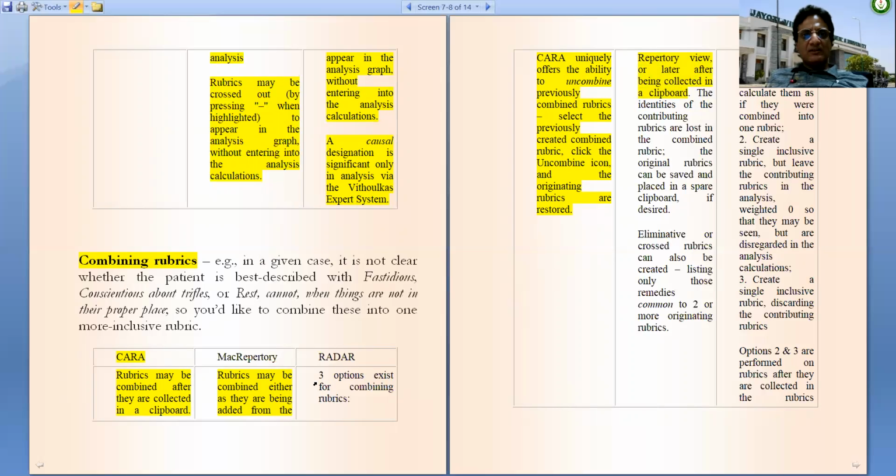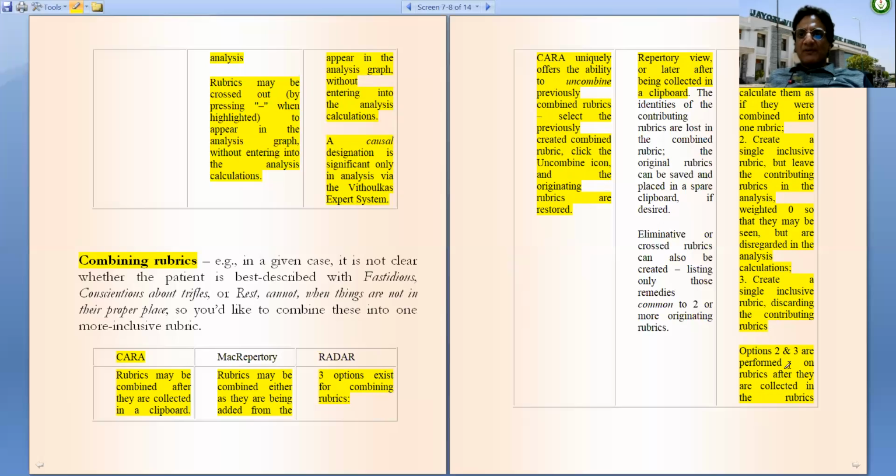Whereas in Radar, three options exist for combining rubrics. First is to leave the individual rubrics intact but calculate them as if they were combined. Second, create a single inclusive rubric but leave the contributing rubrics in the analysis. Third, create a single inclusive rubric discarding the contributing rubrics.